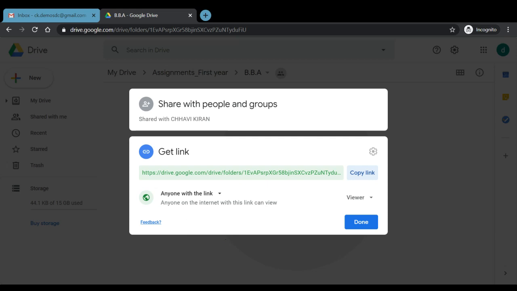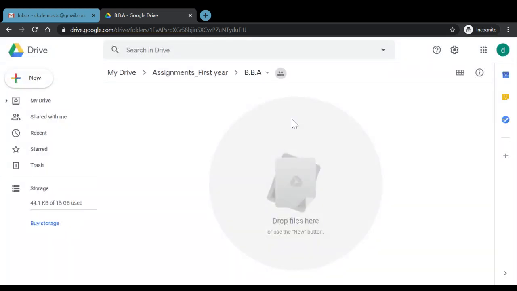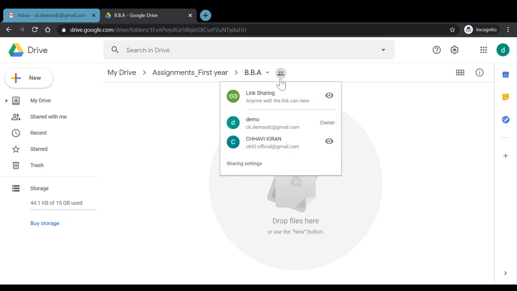Now, for example, the assignments that we have saved on the Google Drive are to be shared with the administrative staff of the college or the university. So don't worry at all. We just need to upload the content on the drive and copy this Google link and then share it with the people. Now we can click on done. As soon as we've done that, if I place the cursor here, we have a message that link sharing is active, which means that anyone with this link will be able to view the file.